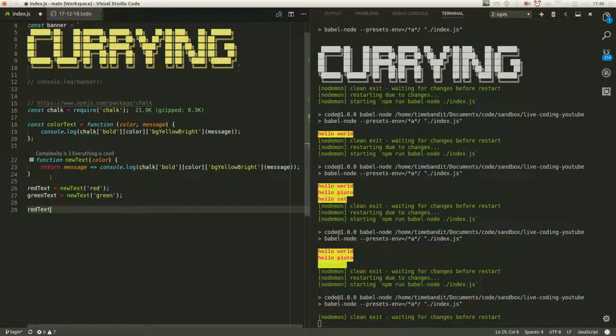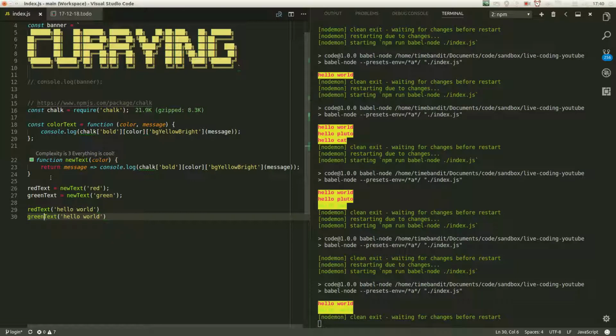Okay, let's use these now. redText hello world, and greenText hello world,